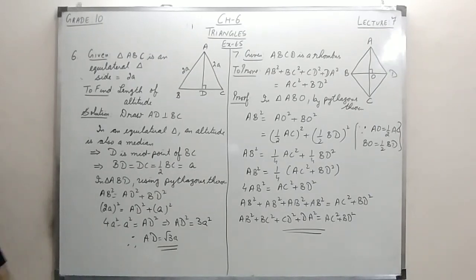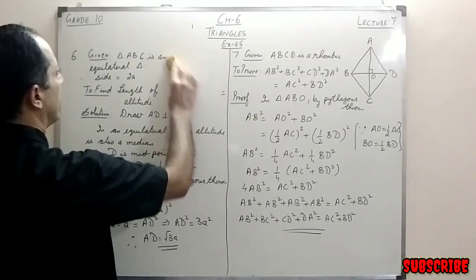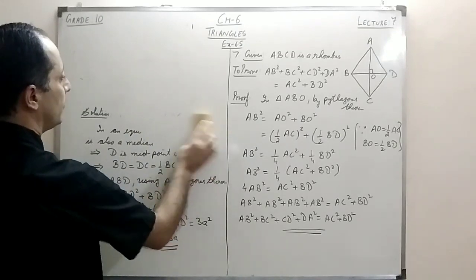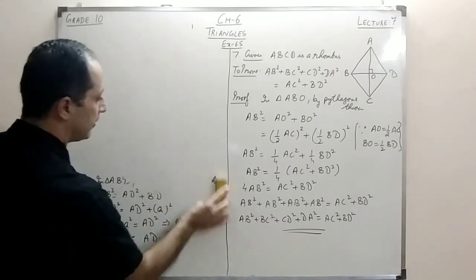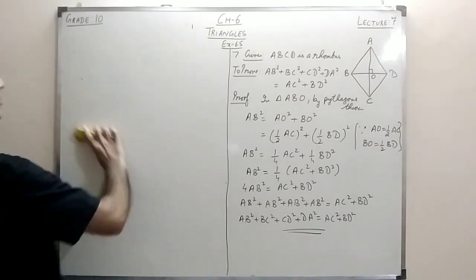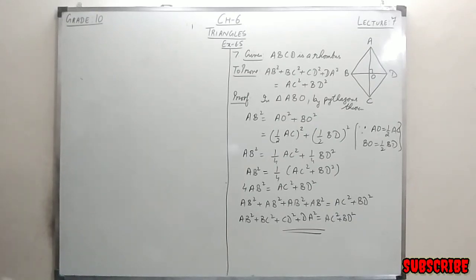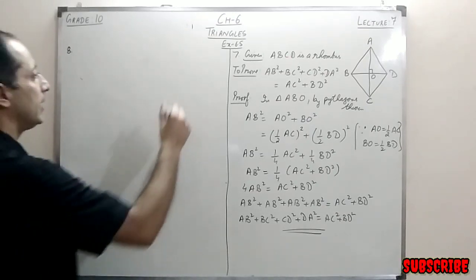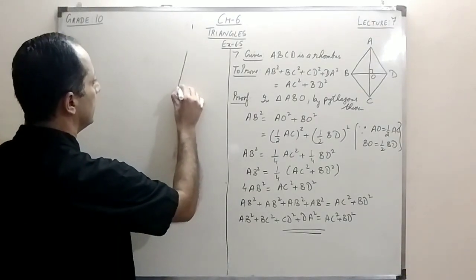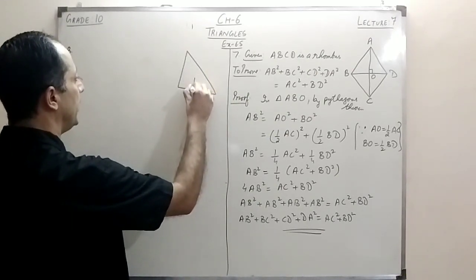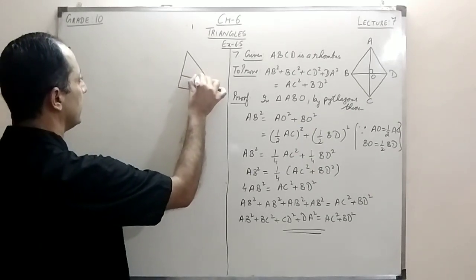In question number 8, there is a diagram given to us, a triangle, and a point in the interior of the triangle from which perpendiculars are drawn on each side of the triangle. And we have to prove something which is given in the question. So let's see how we can do it. Again, quite a simple question, a little bit lengthy, but no issues, it can be done. Question number 8. We are given a triangle, and there is a point in the interior from where perpendiculars have been drawn on each side of the triangle.